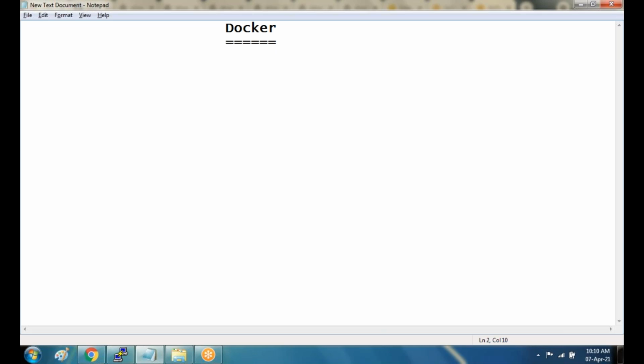So start with Docker. So what is Docker? Docker is a containerization tool. What is the concept of Docker, or what is the containerization concept? If you want to understand the purpose of Docker first, let's talk about the differences between containerization